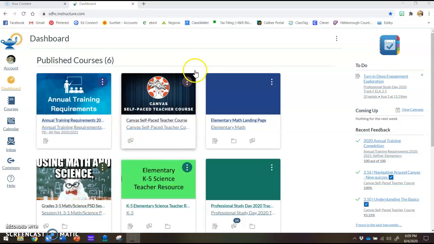Okay, so the intent of this video is to show you how to create a second tab and open up your Canvas classes so that you can work a little more easily. So you'll notice here that first I've got my dashboard open. I'm looking at all my classes, so I'm going to go ahead and open up my Canvas class by clicking